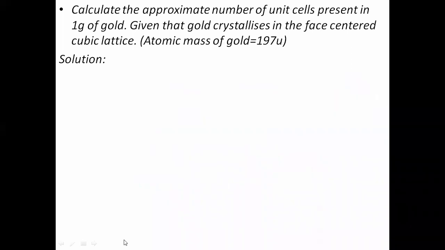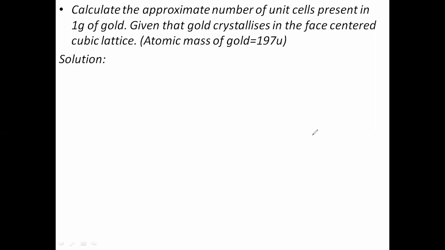Okay, so now what we have over here is a type of problem, again very common in your board as well as in entrance examinations also. What they are asking us in this particular example is to calculate the approximate number of unit cells. Over here we have to calculate the number of unit cells present in 1 gram of gold. So they have given us 1 gram of gold. What we have to do is find out how many unit